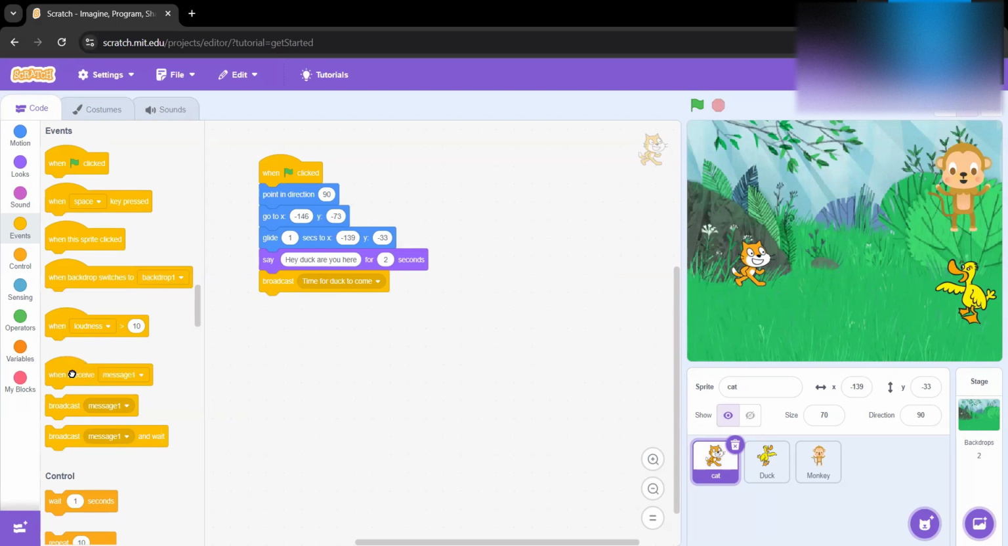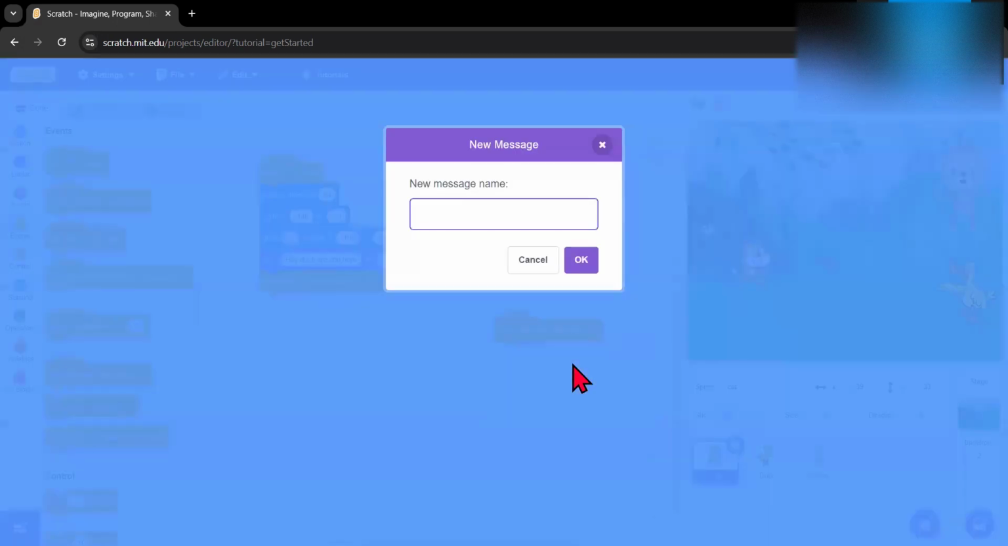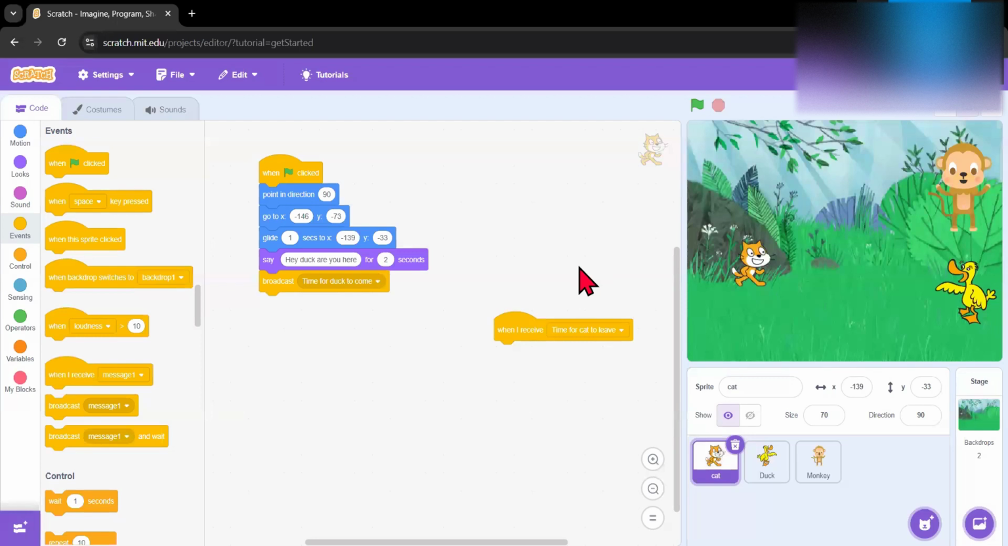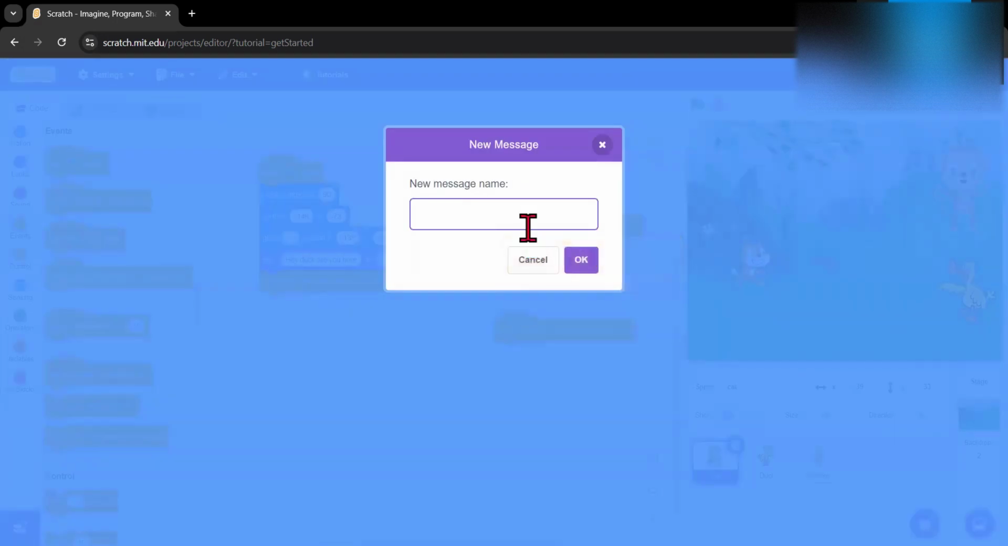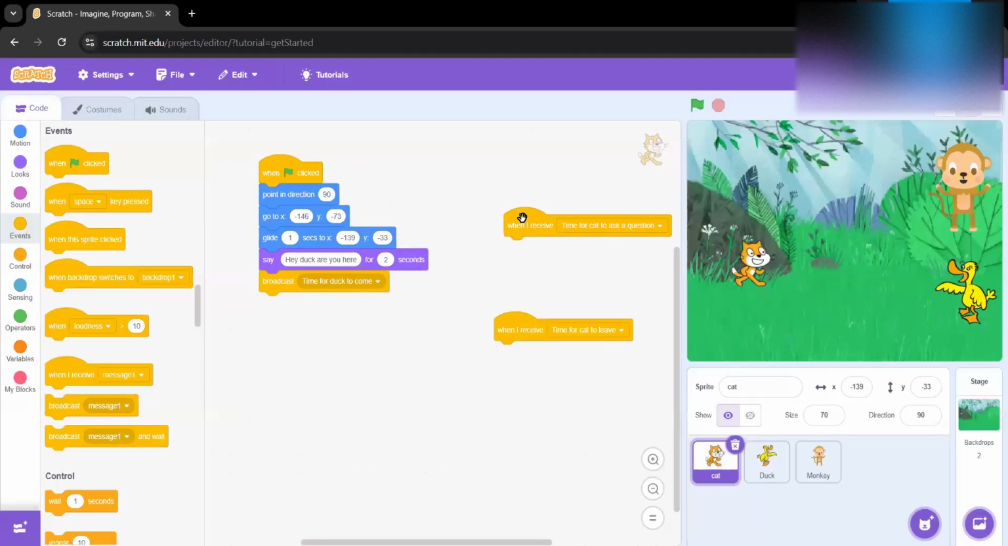We move to when I receive, because now we're planning ahead of time, so we don't have to come back to the cat anymore. So then we use a new message and say, time for cat to leave. We duplicate this, place it here, and rename it. So time for cat to ask a question. We duplicate it again and rename this one